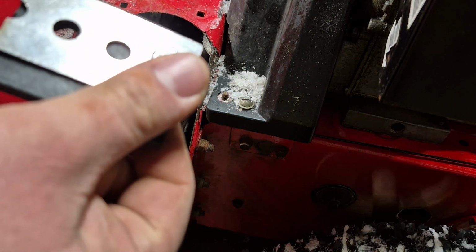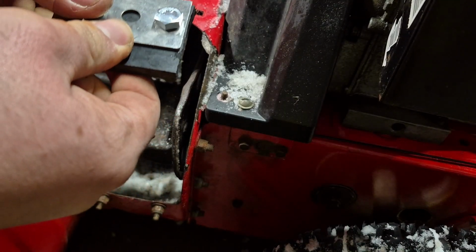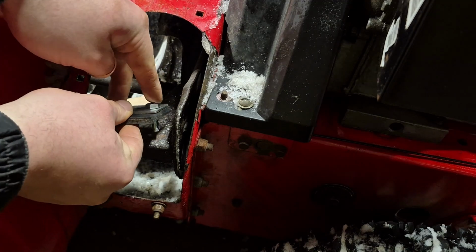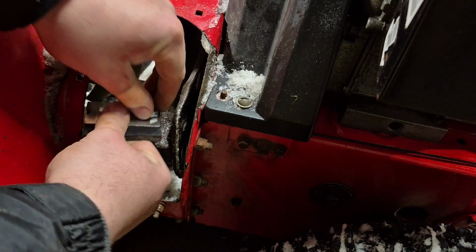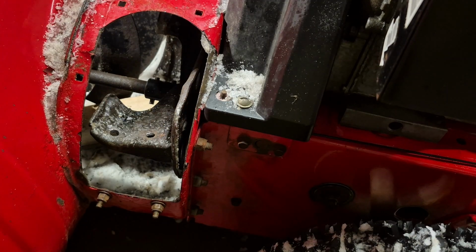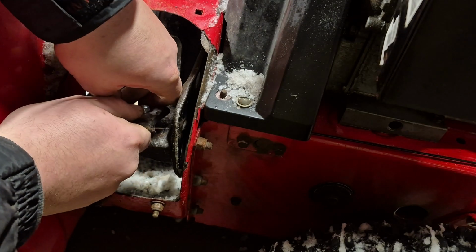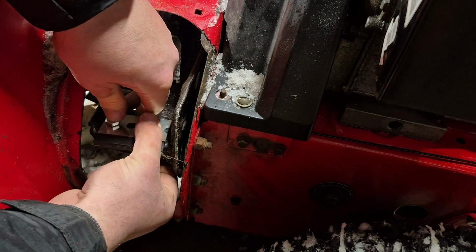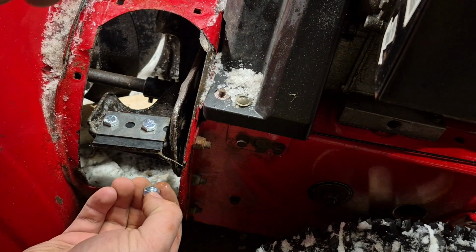So there we go, there's that one. And then we're also going to get this side like this. And then we're going to stick this through our 2 holes here, which hopefully they line up. If they do, I'm doing this the wrong way, sorry. Here we go. There and there. And now from underneath, I'm going to reach around with the nut, and then tighten it